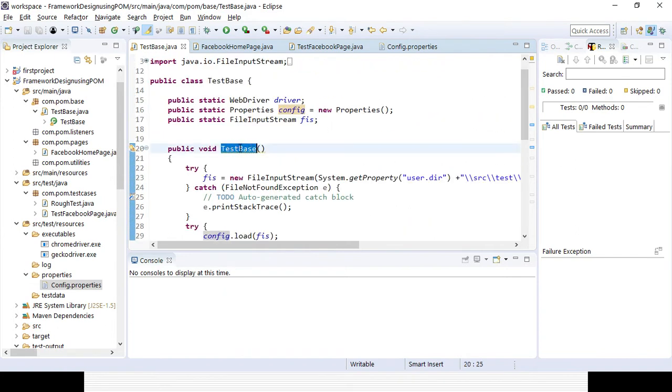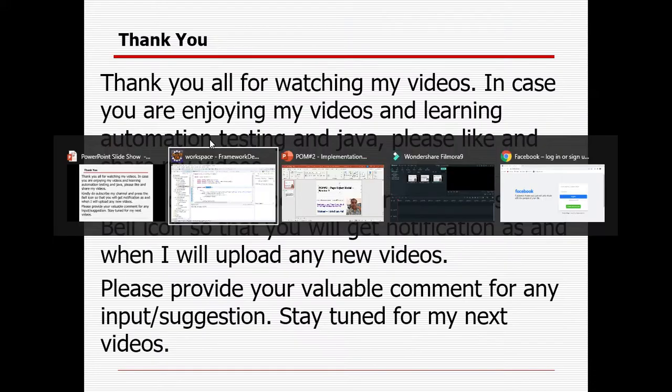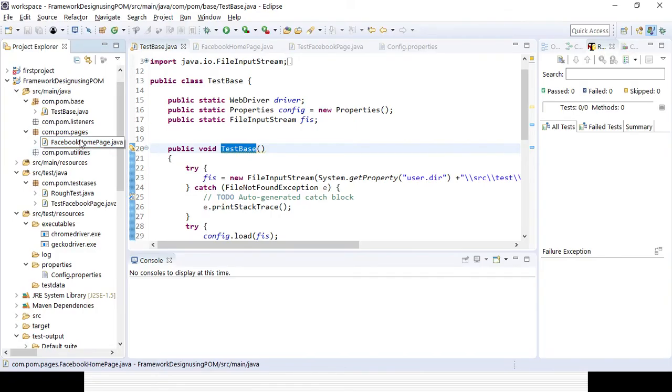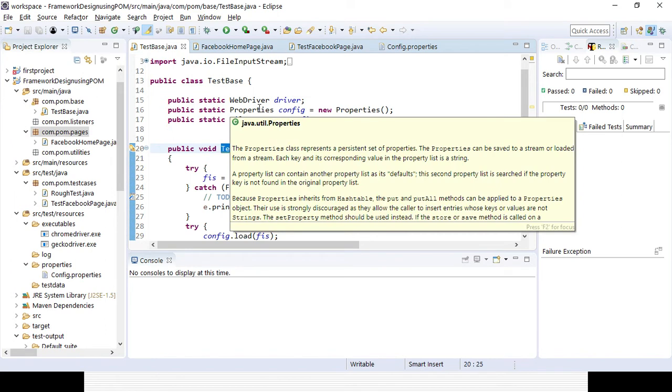And then, on top of this base class, for each and every web page we have created a page class. So now we only want to test the Facebook homepage. That is the reason we already created a class called Facebook homepage in the com.form.pages package. In that class we are extending the test base class because I want to get all the details from the test base class.